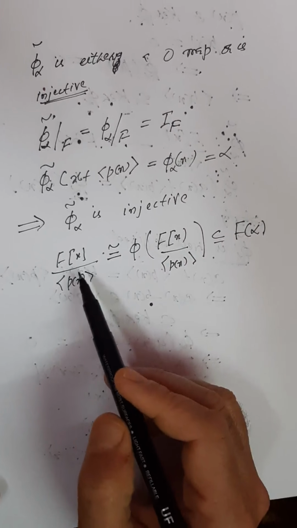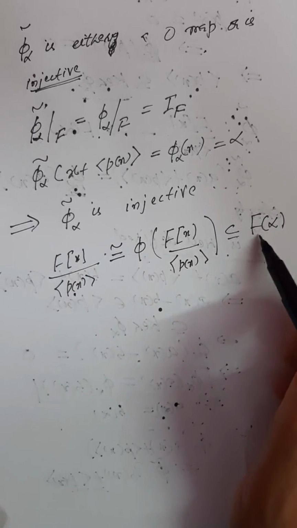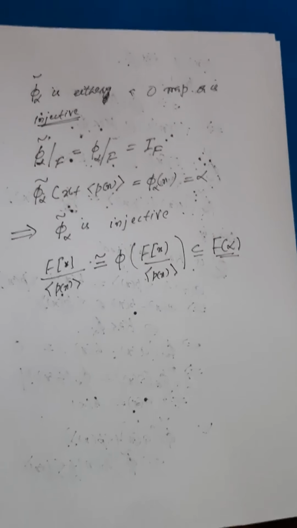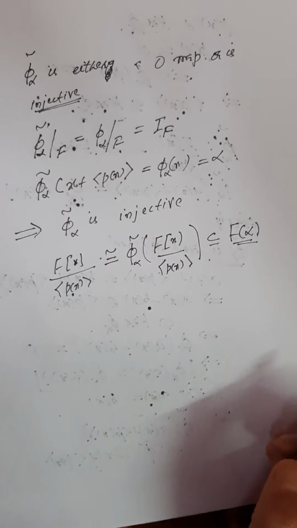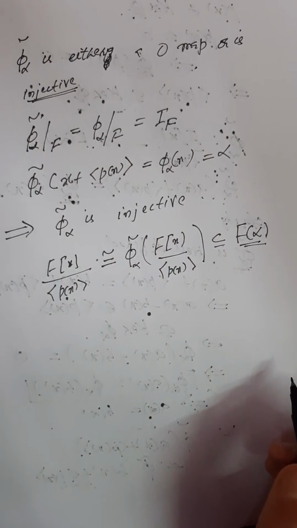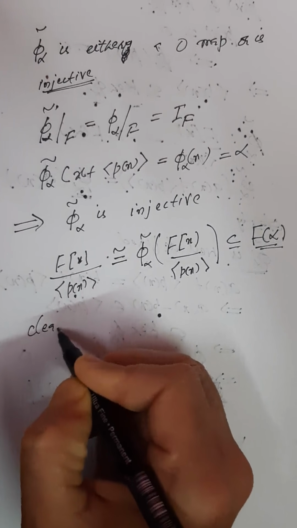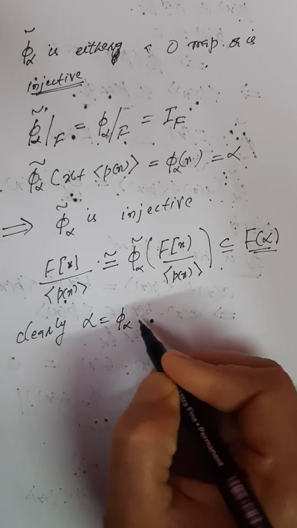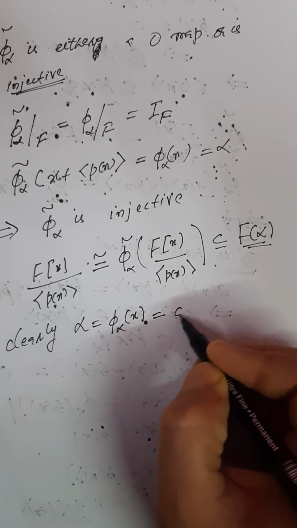But our claim was that this field is isomorphic to F(alpha), so we must show that the map phi alpha tilde is onto. Now clearly alpha, which is phi alpha of x, and which is phi